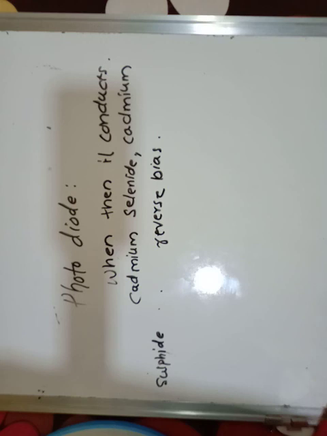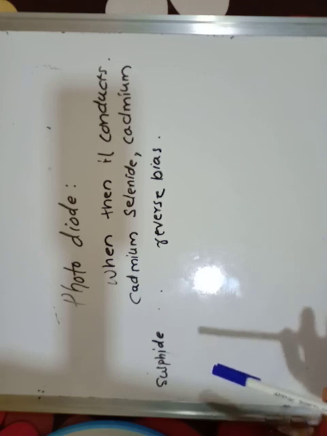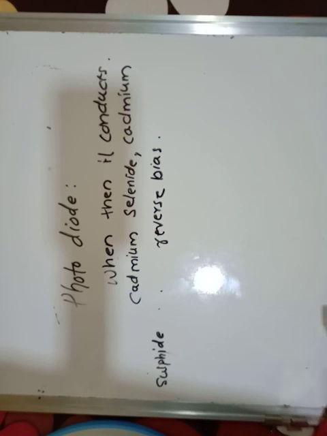Okay, so the light intensity of the LED depends upon the current, and the photodiode's current depends upon the light. The LED is used as an indicator or display, and the photodiode is used as a light sensor or transducer. The materials used in LEDs are gallium, arsenic, phosphorus, and in the photodiode, cadmium selenide and cadmium sulfide. So this is up to the diode we have. Afterward we have the transistor that we will see later on.